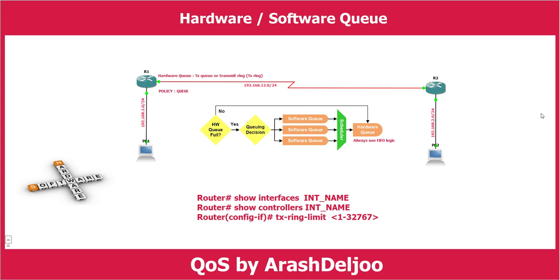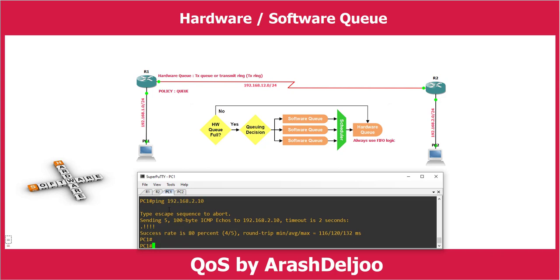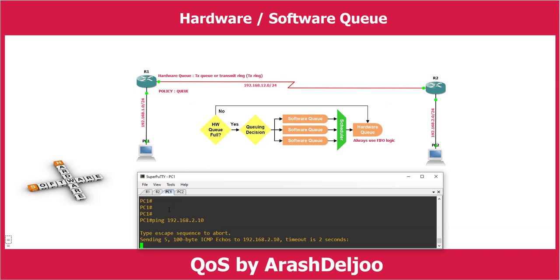First, as you can see here, we have a simple scenario, including PC1, router 2, and PC2. I have configured this scenario previously, and now we have connectivity between PC1 and PC2. Let me show you. This is PC1. Let me show you ping 192.168.2.10. As you can see from PC1, now we can send traffic to PC2